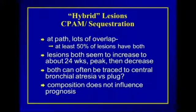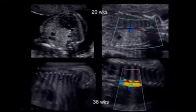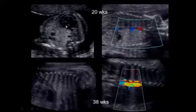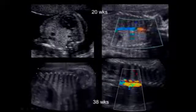And there has to be some overlap with the spectrum of true bronchial atresia, which we started out looking at. The important thing to remember is it's, again, the composition, the name is not what influences the prognosis, so the name becomes less important. Here's a patient with an echogenic lesion, this time again on the left, pushing the heart to the right. It's got some cystic spaces. It ought to be a CPAM,